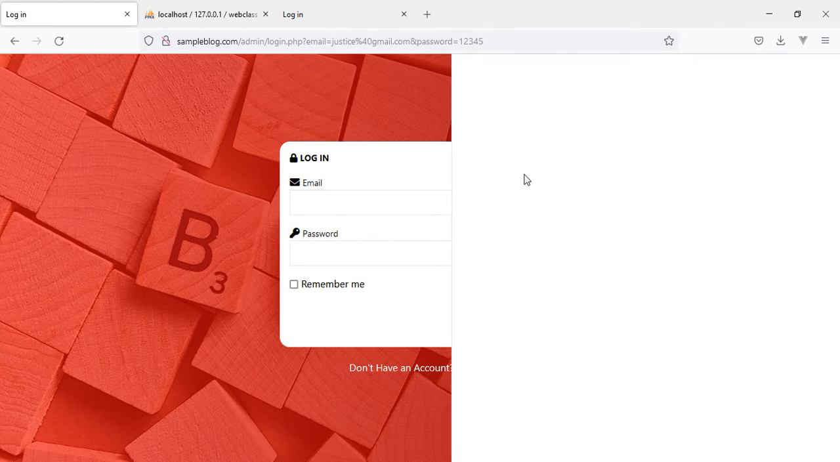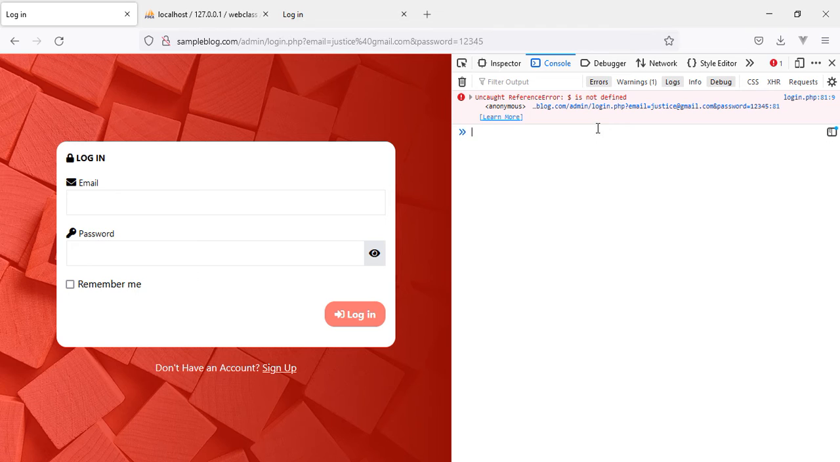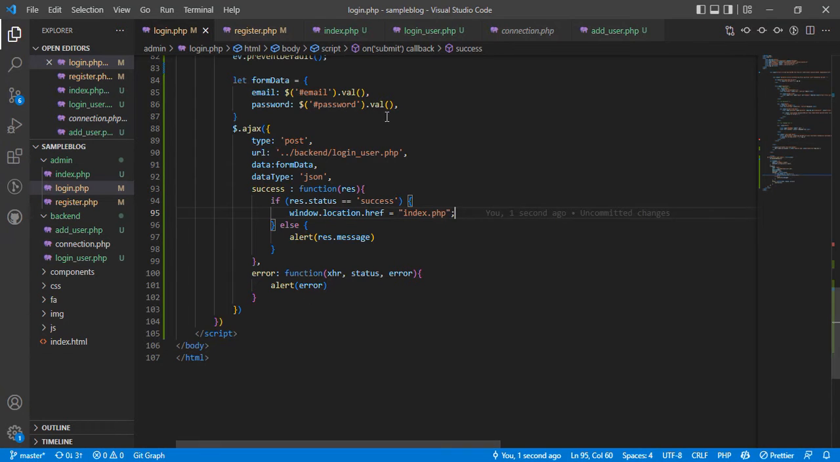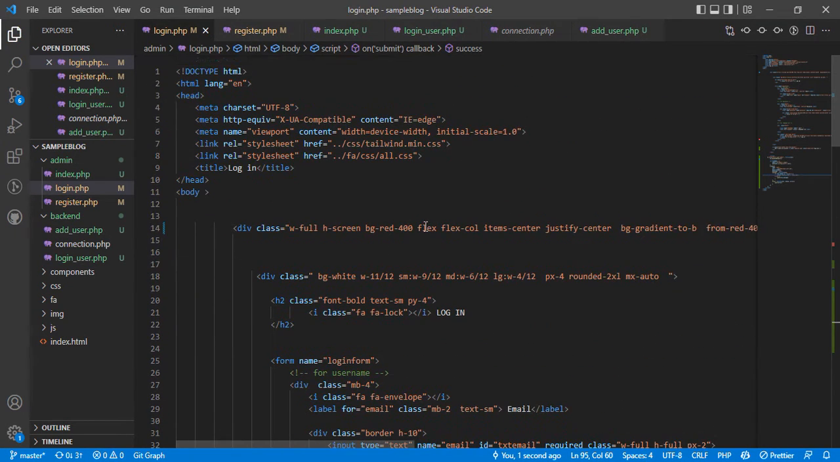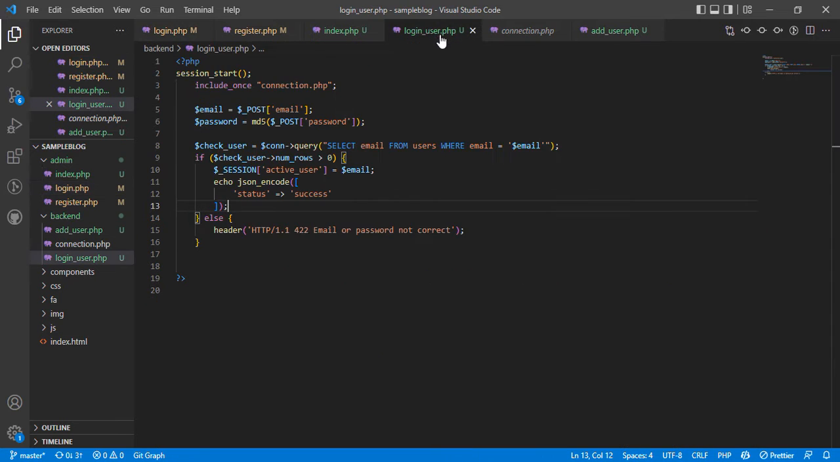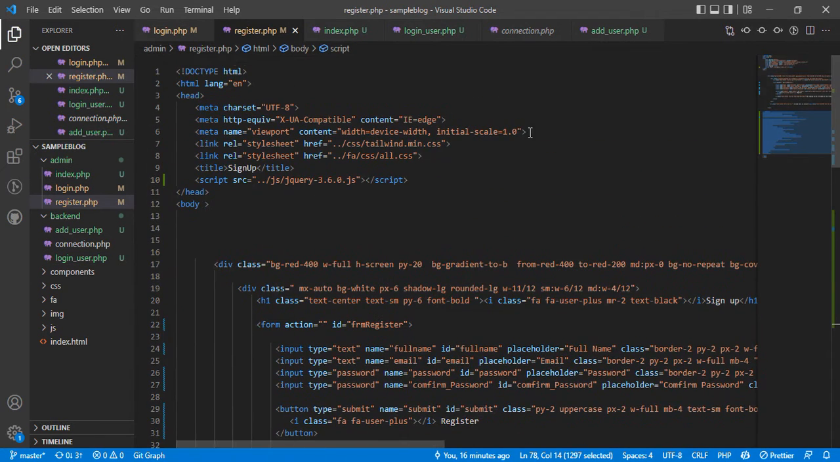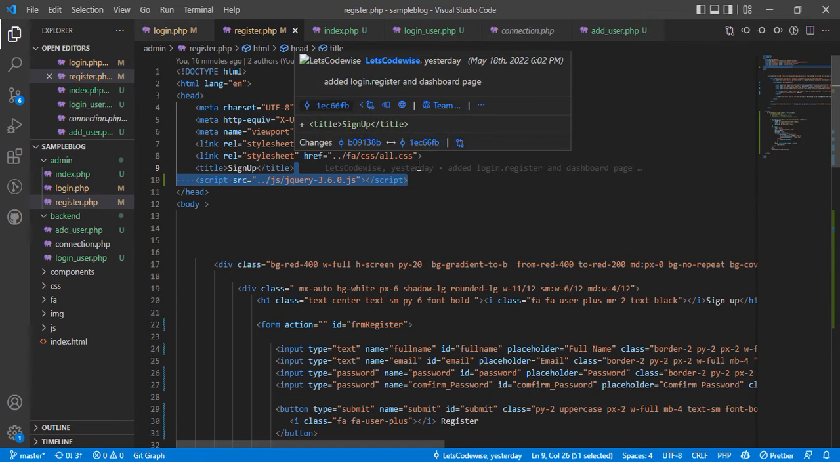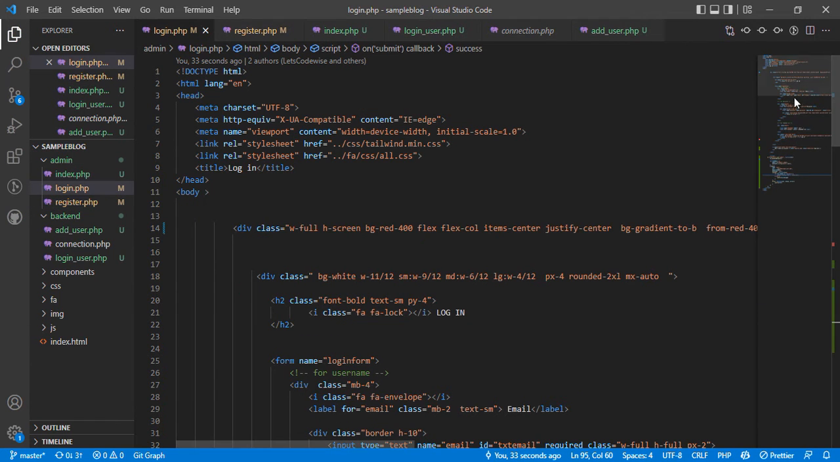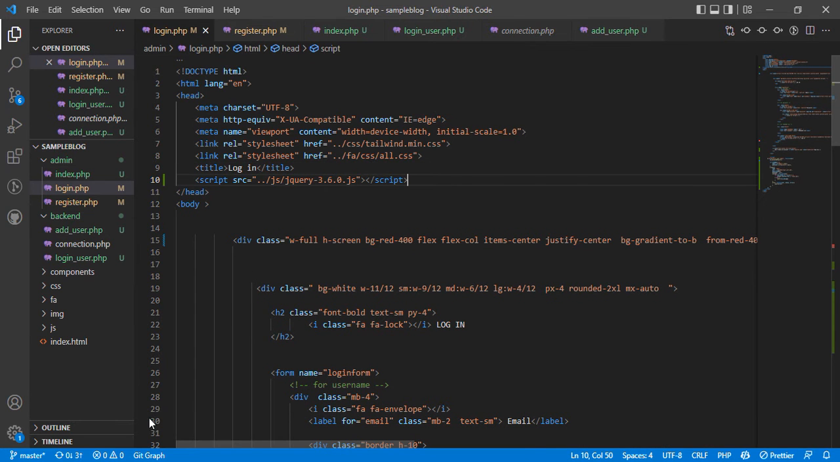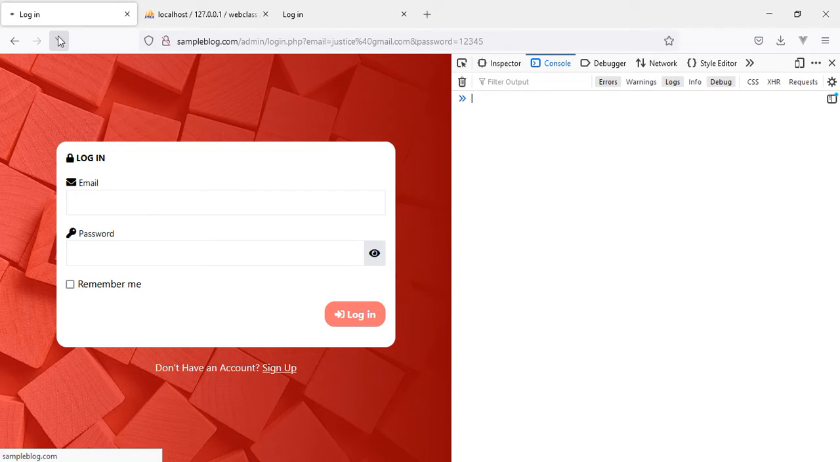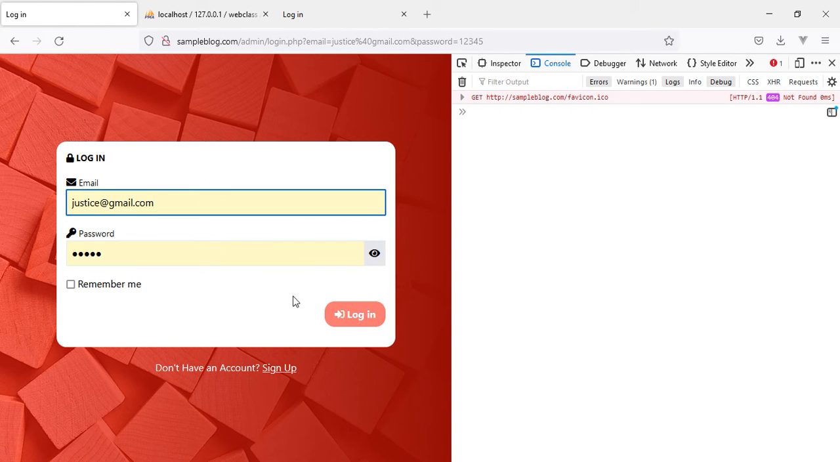Okay, now what happened is jQuery is not connected, so I'll also copy jQuery so that will be fast. Copy jQuery into this. Okay, so I'll save this and I'll save this. Okay, so we'll try again. We'll try login, and